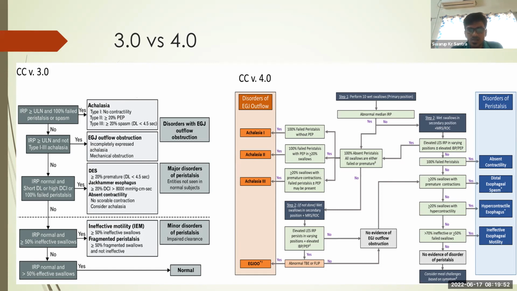And here some other terms are also included, like MRS, that is multiple rapid swallow, and RDC or rapid drink challenge. When the first 10 wet swallows of 5 ml are done, if the IRP is abnormal or more than 15, it goes into the achalasia version, that is achalasia type 1, type 2, type 3, again with 100% failed peristalsis. Achalasia 1 is 100% failed peristalsis, achalasia 2 has pan-esophageal pressurization in more than 20% swallows, and premature contractions make it achalasia 3. And if there is this high IRP